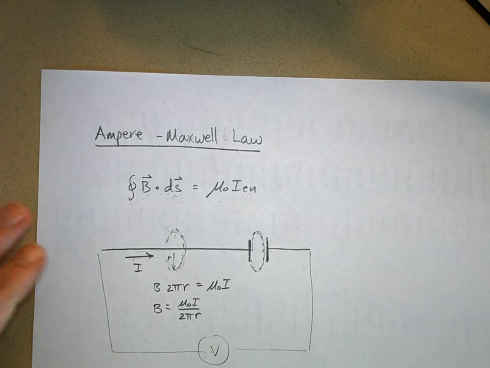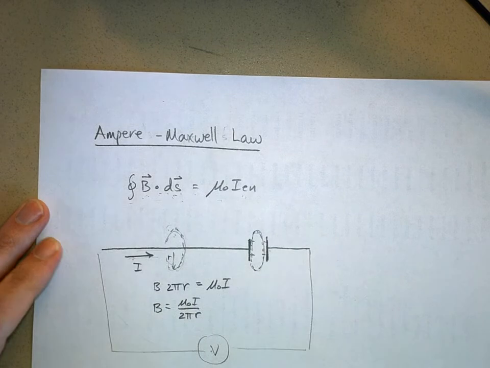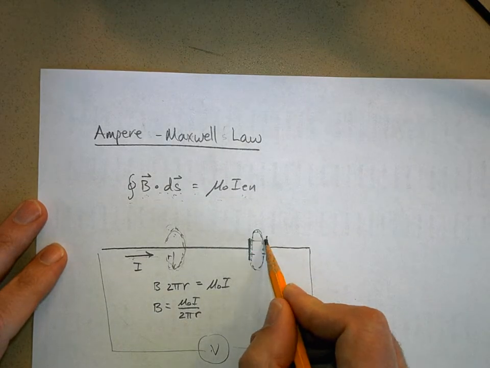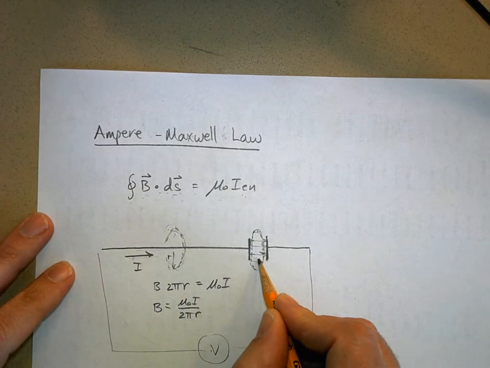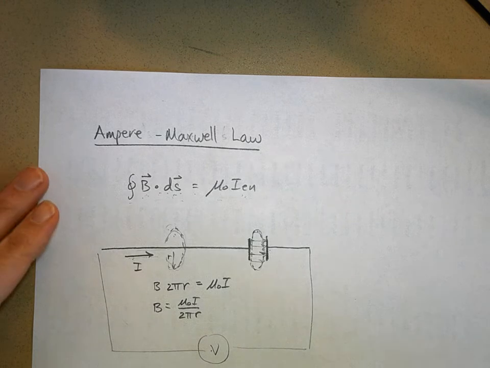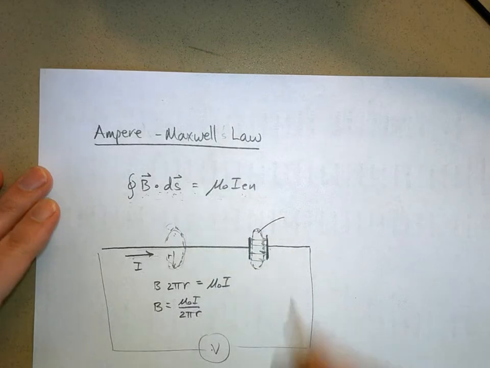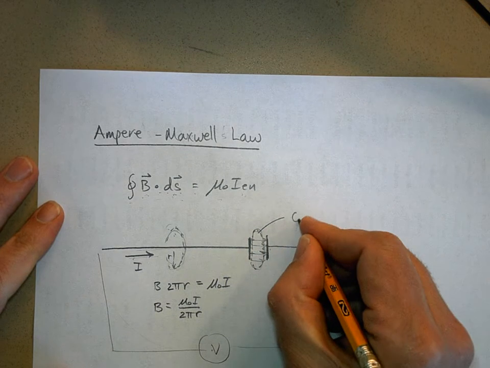So what's happening here is that we're building up a charge. As we build up a charge, we build up an electric field, and we're increasing the amount of electric flux through that loop. What happens is that this changing amount of electric flux acts like a current, and we end up